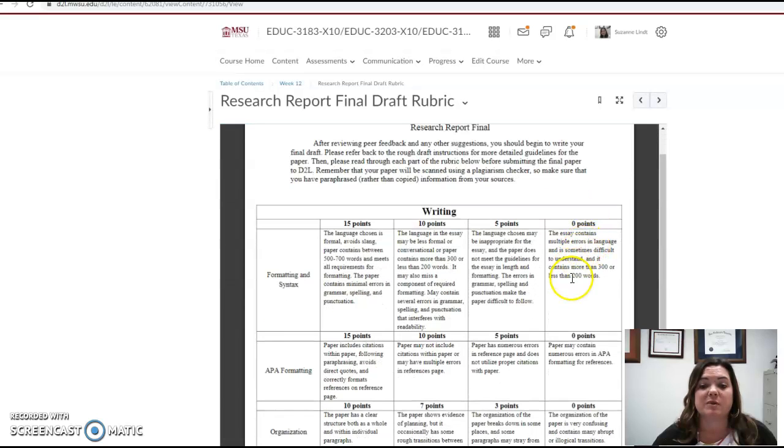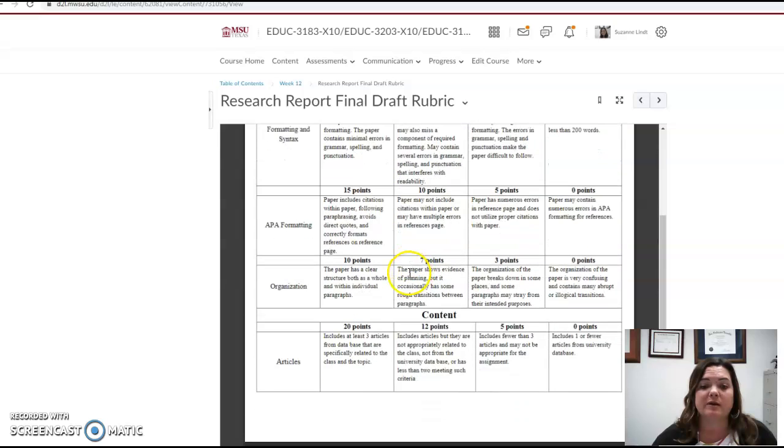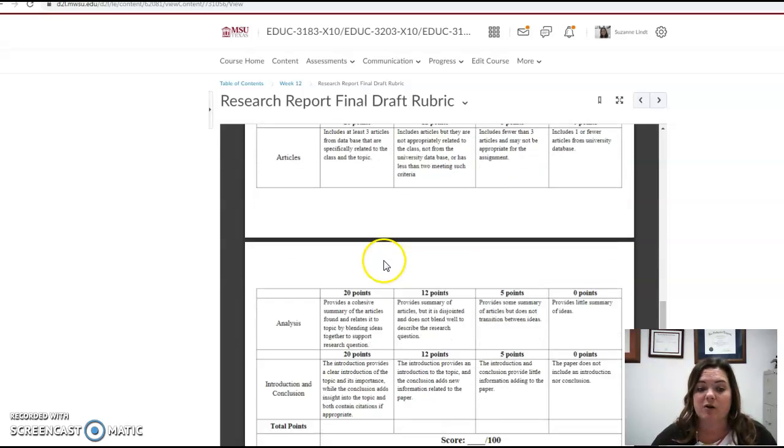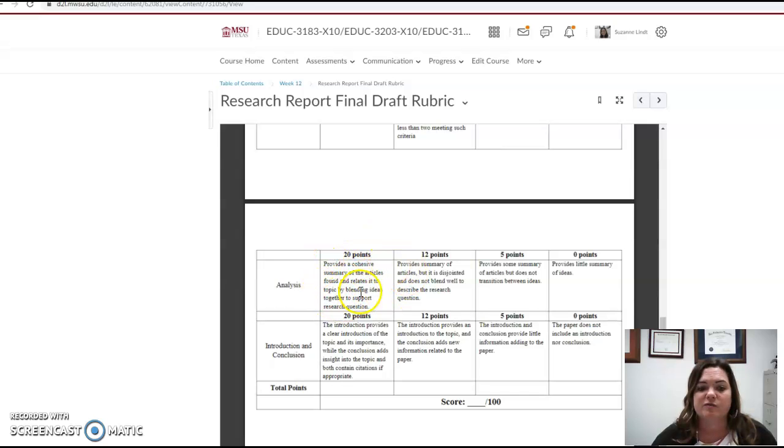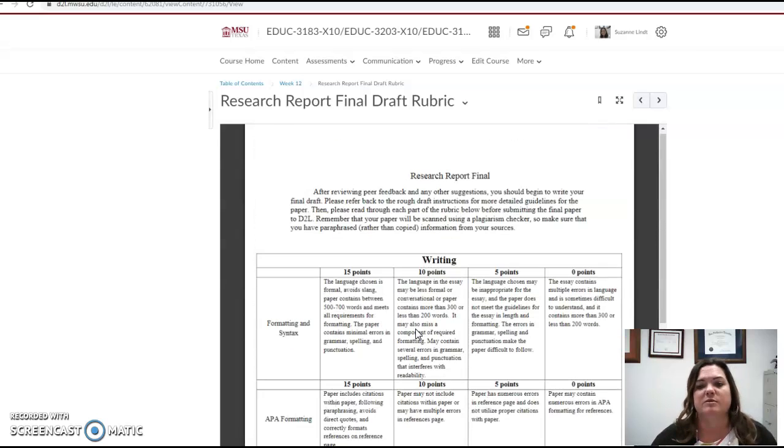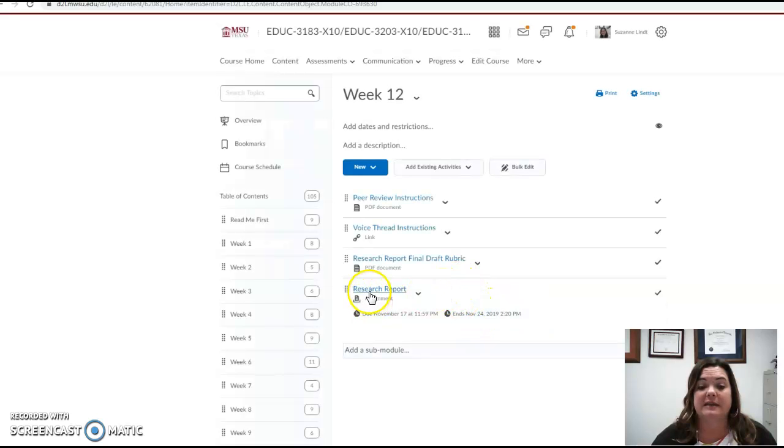When you do submit your final paper, make sure that you meet the word requirements, your citations are accurate, you've addressed any comments that I've given you, you have a clear paper, you have 3 articles, you've created a good analysis and have a strong introduction and conclusion. Using the comments from me and the comments from your peer, hopefully you'll be able to get everything completed.